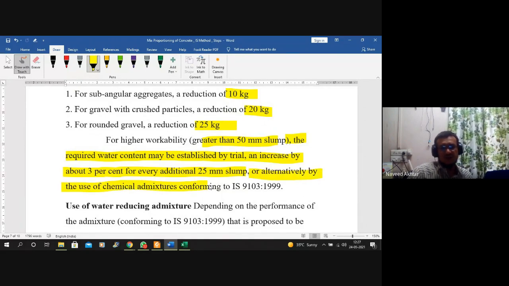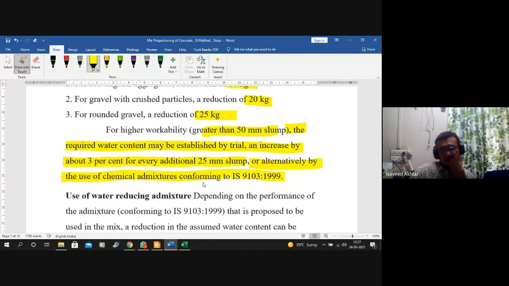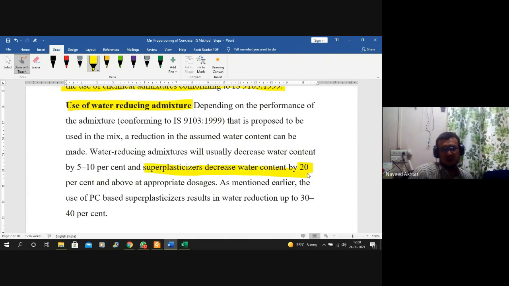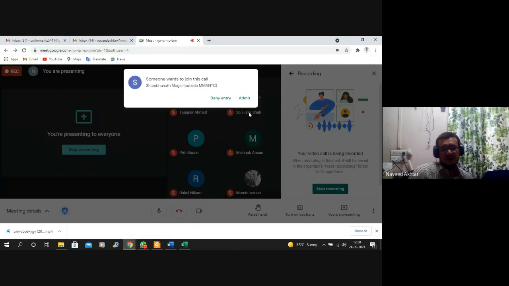और अगर आप chemical admixture use कर रहे हैं, तो based on the chemical admixture, you have to reduce the percentage of your water. So here you can see the use of water reducing admixture. अगर आप यूज कर रहे हो तो अप टू 20% सुपर प्लास्टिसाइजर अगर आप यूज कर रहे हो तो डिक्रीज ऑफ वाटर कंटेंट में भी अप टू 25